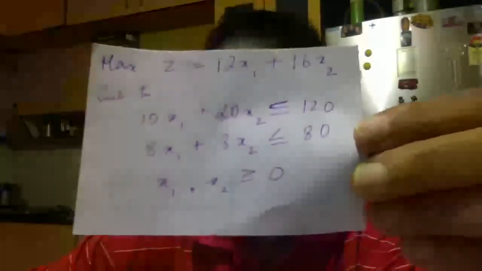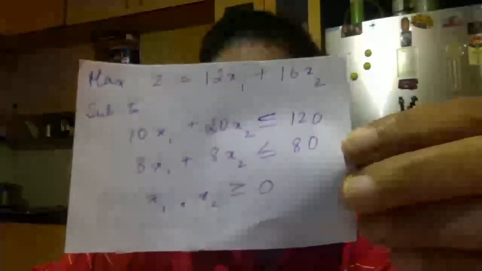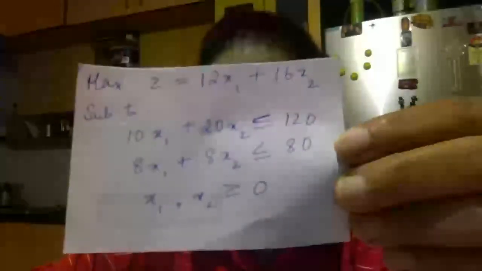If you cannot see this, wait, we'll just clear the camera. If you cannot see it clearly, please phone me. Now I have kept the worked out problem on this MacBook only, so I'm not able to see your comments. Just phone me if you need. My phone is here only. If you need to tell me, ma'am, I cannot hear you, or this paper is not clear, just phone me, please.